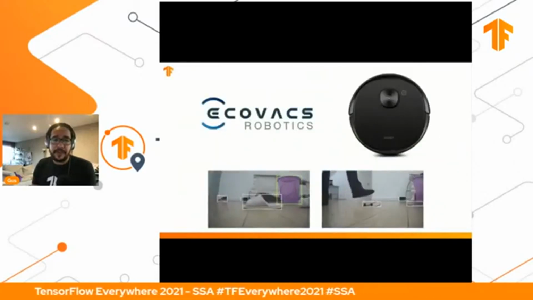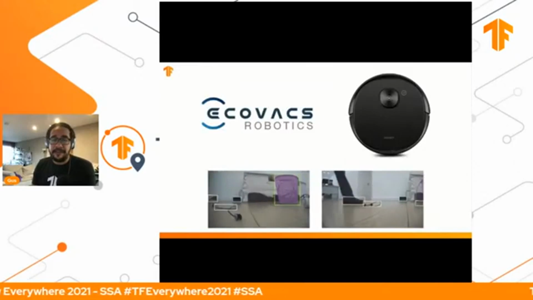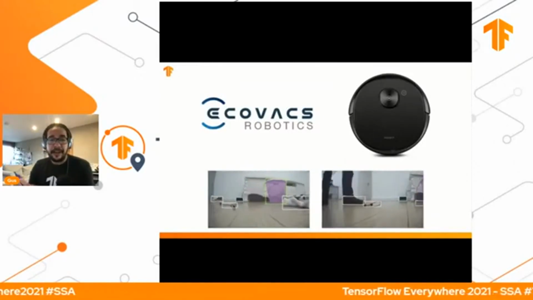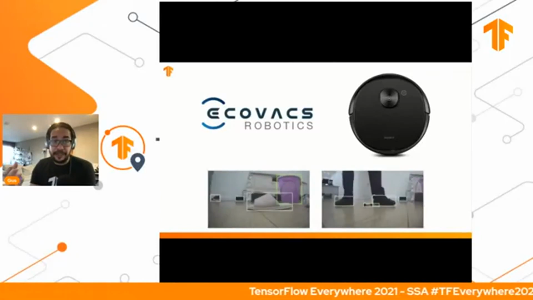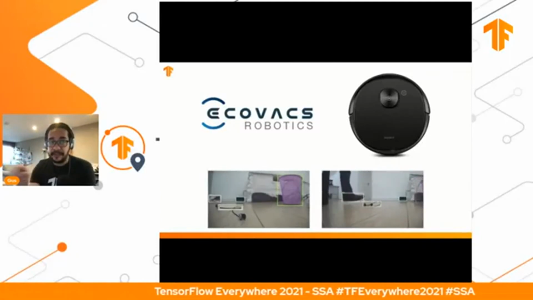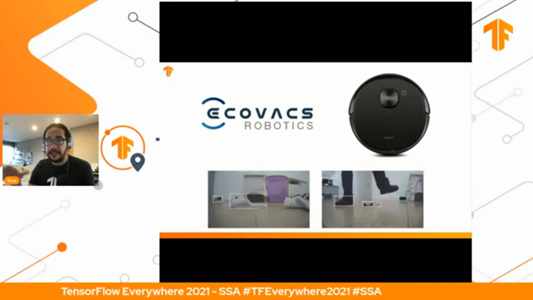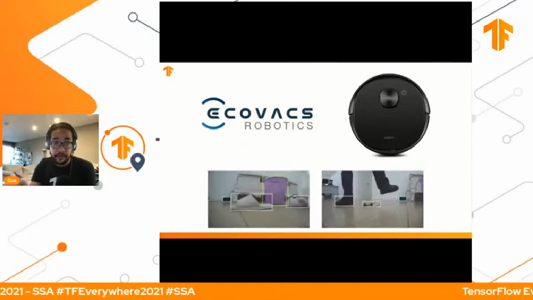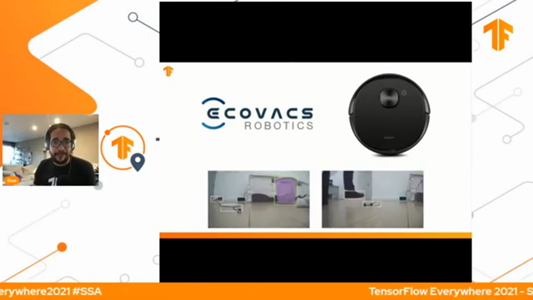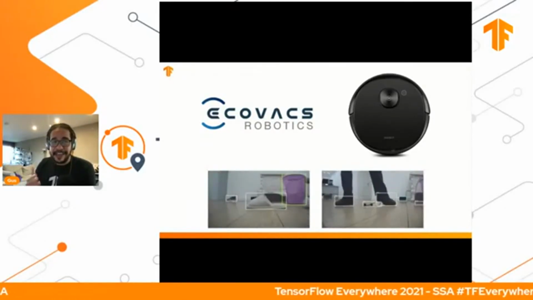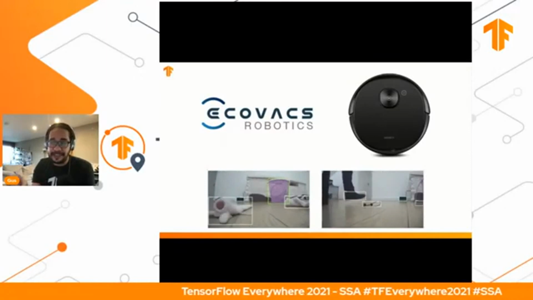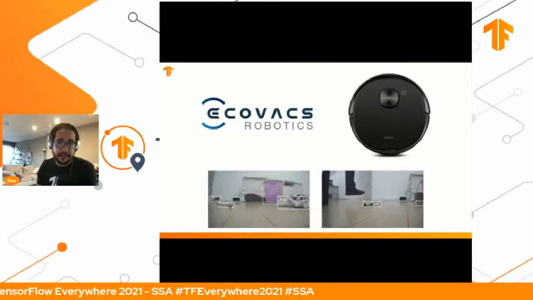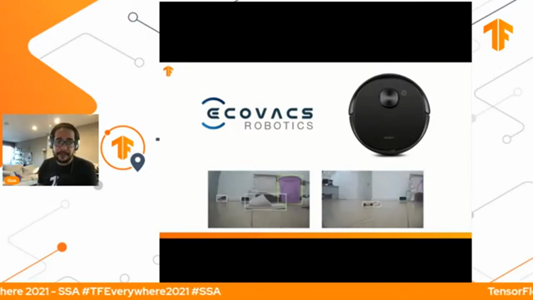We have our friends from Ecovacs, and they have this vacuum cleaner, right? These robot cleaners, and they are using machine learning on these devices to detect things and avoid hitting obstacles while cleaning the room. And this is a very nice example, right? We would expect this kind of robot to see if there's anything in front of it and take another direction, change, don't hit anything, right? So this is a very nice use case.